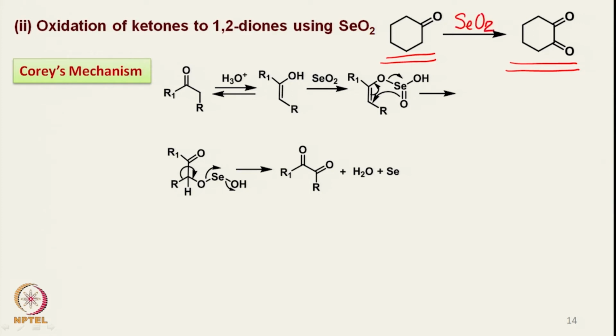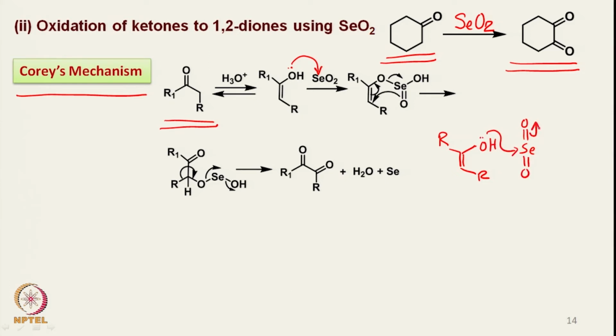Now there are two mechanisms which have been proposed. One is of course that the ketone of this kind, I have taken an example of a very general kind instead of a cyclohexanone, and this is done in water. Under these slightly acidic conditions, this will exist as a keto-enol tautomeric equilibrium. And according to Corey's mechanism, E.J. Corey at Harvard University has proposed that the oxygen directly attaches to the selenium. That means you have here a double bond and this OH, this is an enol, and the selenium dioxide is then attacked by the lone pair of electrons onto the selenium directly,